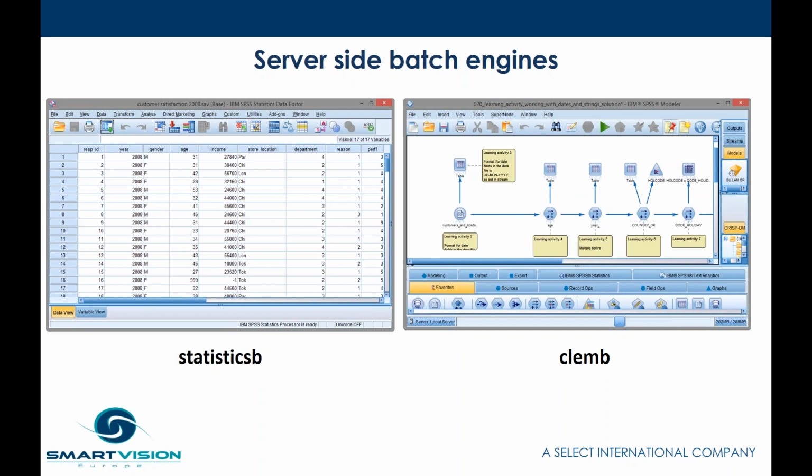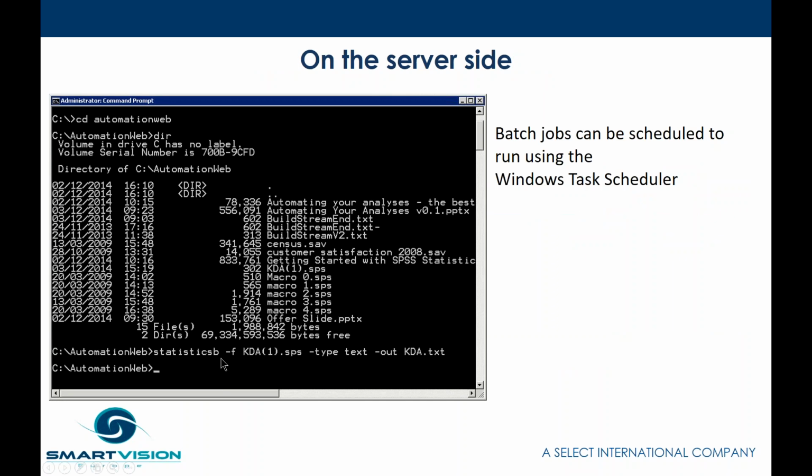because many of you will be aware that SPSS Modeler used to be called Clementine. So the way that they work, and again, it's a server-side thing, is we can specify if we've got syntax or we've got streams, depending on whether we're using Statistics or Modeler, we can alternate them, or we can effectively run them without opening up the SPSS Statistics menu system or the Modeler user interface. And I'll show you a little example. Let me just run a job